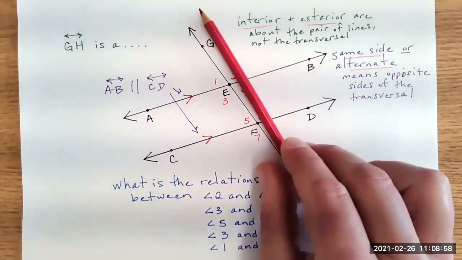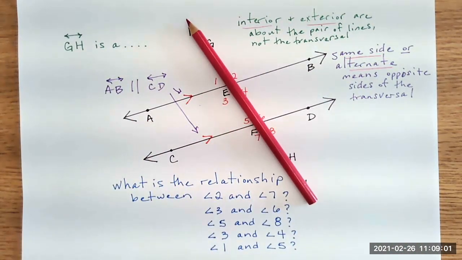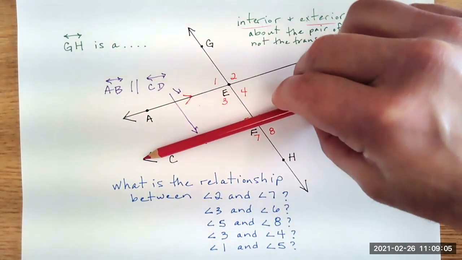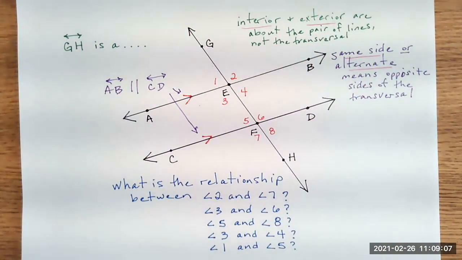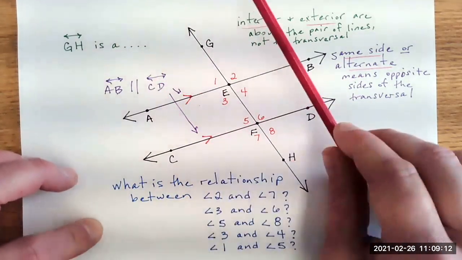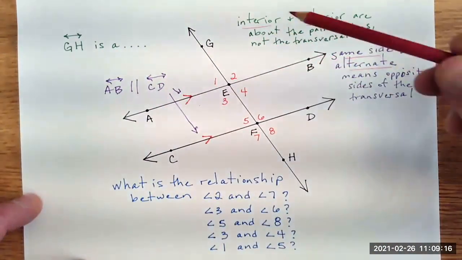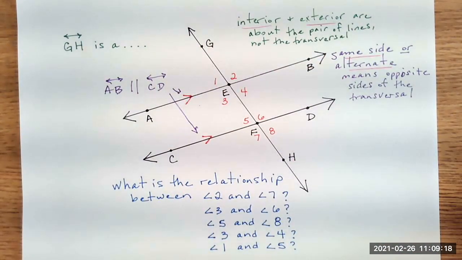Line GH is your transversal that cuts across 2 lines. Later on, you'll see that a transversal can cut across many lines. Sometimes you'll have pairs of lines crossing pairs of other lines. Okay, but let's just get this down first. All right, with that,